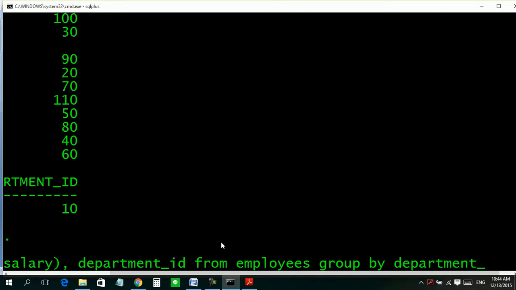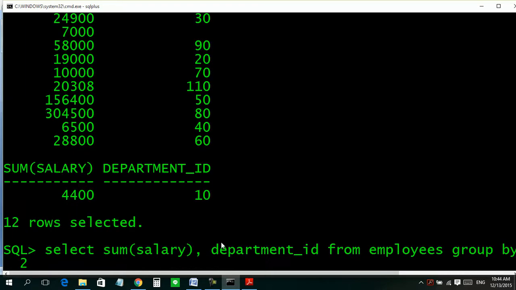Okay, now Shabab, the same query, group by department ID. To be able to see it on one page, we write it in two rows. Select sum salary, department ID from employees group by.